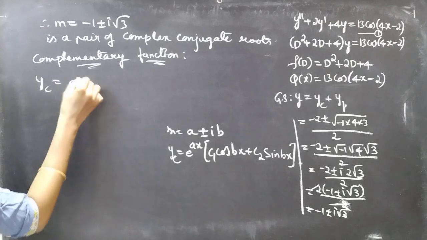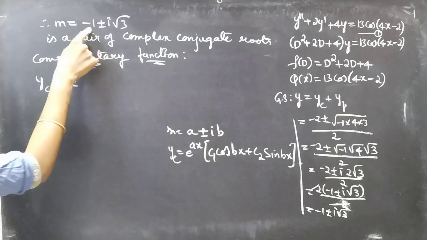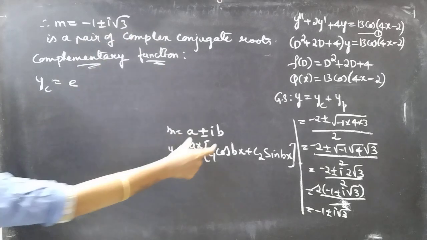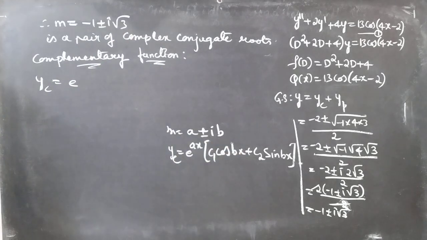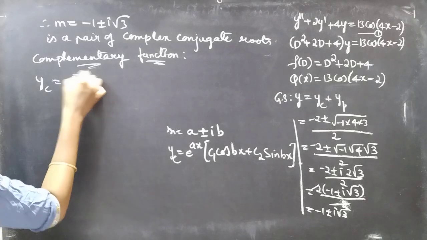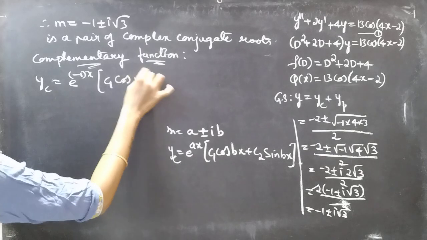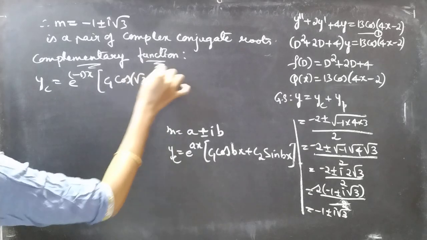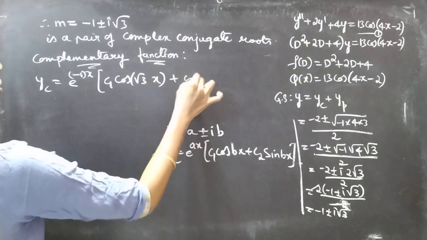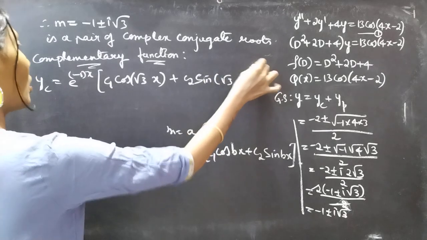Y is equal to e power, just compare plus or minus 1 plus or minus i root 3 with a plus or minus ib, you'll have a equal to minus 1 and b equal to root 3. You'll get y is equal to e power a x, that is minus 1 into x, into c1, one constant, into cos root 3 into x plus another constant, say c2, into sin root 3 into x, which gives us